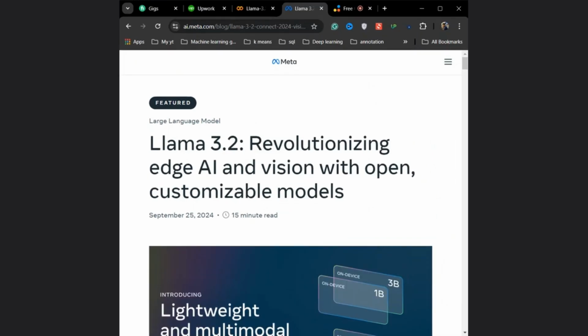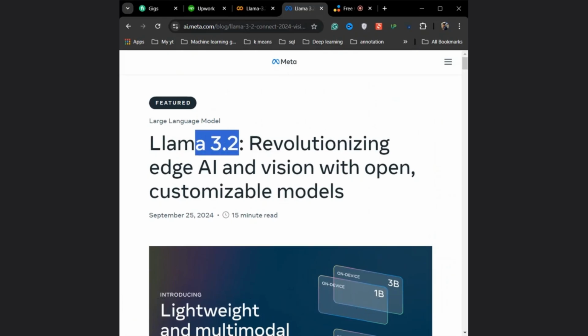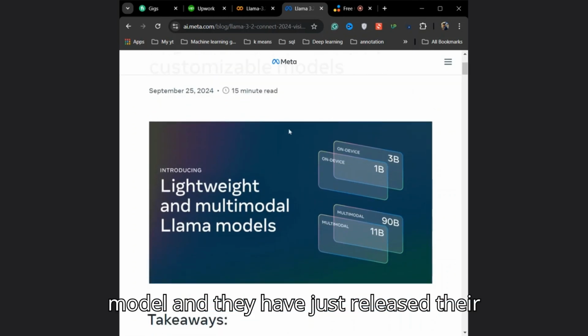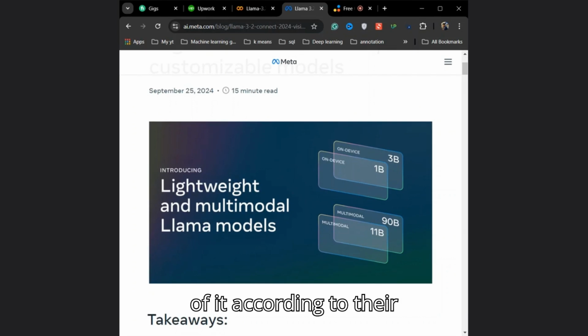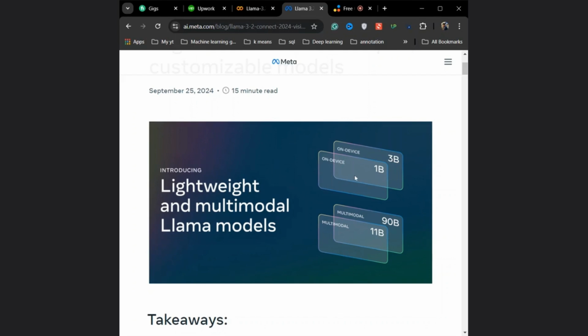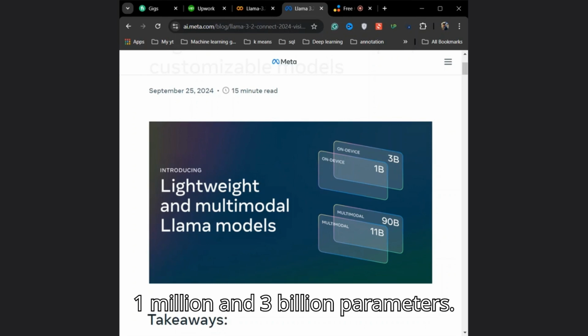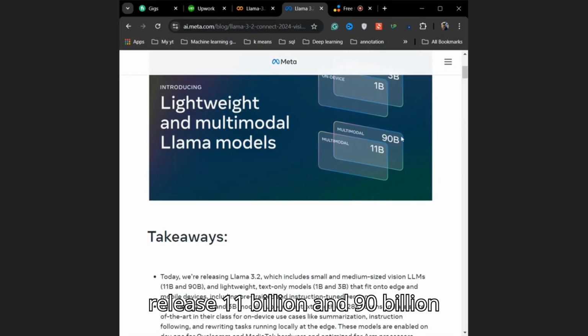Meta just released their latest model, called Llama 3.2. They have released two kinds of models, and each contains two versions according to their parameters. For the lightweight models, they released two versions, 1 billion and 3 billion parameters, and for the multi-language vision models, they released 11 billion and 90 billion parameter models,